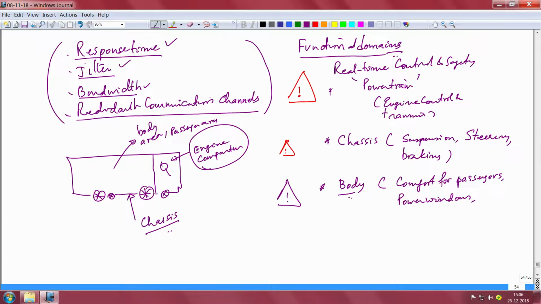Most of what we do in the autonomous driving space, different algorithms and all that, will perhaps come here, which will then link to all these parts, steering, braking and all that. So, indeed, everything is centered around this, the big one. So, these are the three domains you can say, and each one of these systems, like powertrain, chassis or body, has different response times from the network, jitter requirements and bandwidth, and whether you need a redundant communication channel or not will have to be considered in the case of the first two.